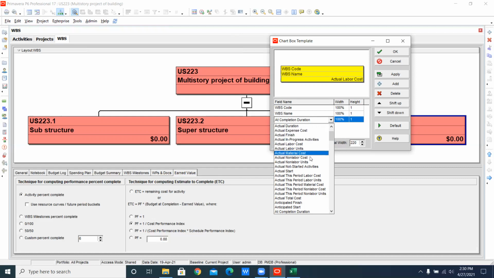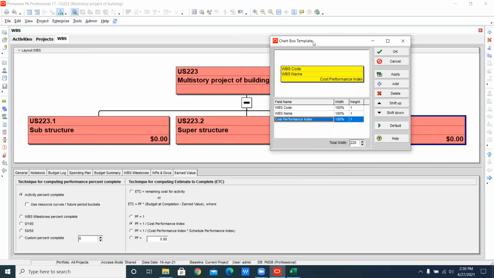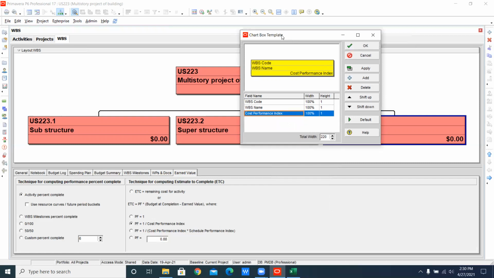So here you will see, if I come down, here is the cost performance index, that is CPI. I will discuss this later, but right now you must remember that CPI equal to 1 means that you are on cost. Less than 1 means that your cost is overrun. More than 1 means that you are going good, your cost is going good. But always remember that in Primavera P6, not regarding the PMP, in Primavera P6 this CPI is always 1 regarding duration.